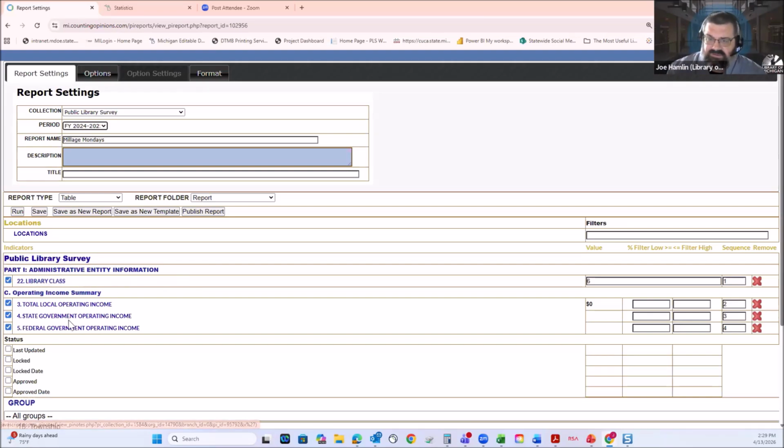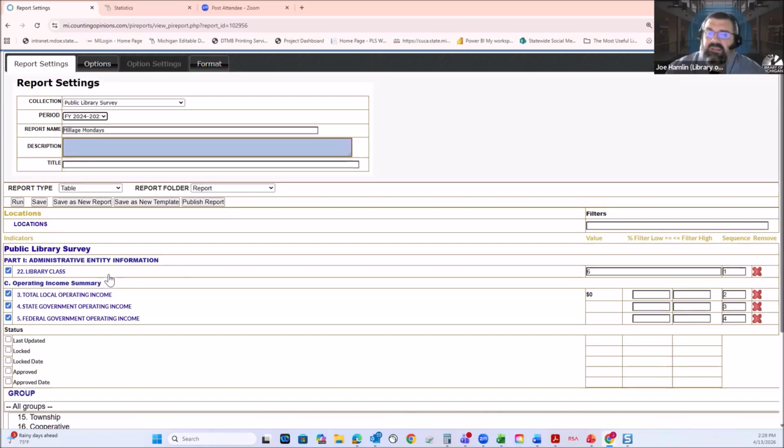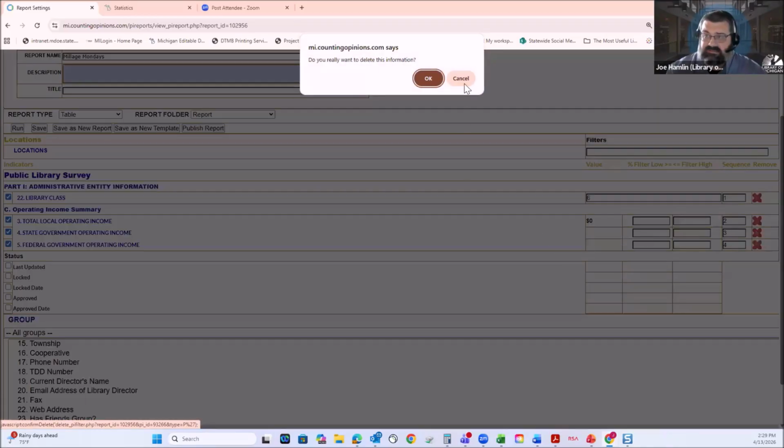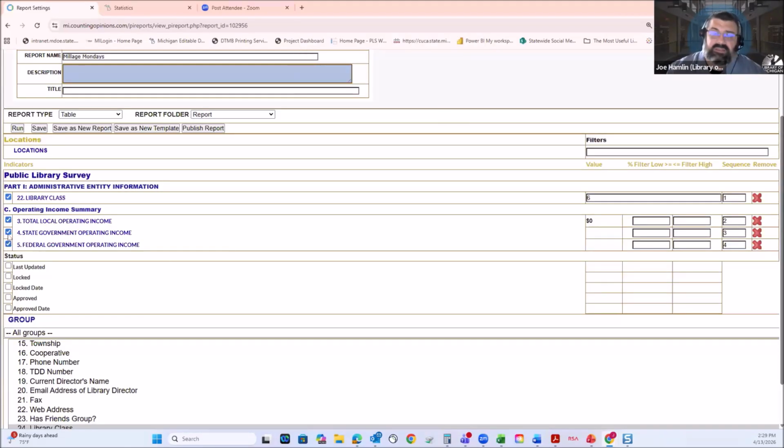And I can show a trend report. A couple of the other functions that we have here. When these are checked, it's going to show every element that's checked. If you don't want it on your report at all, you can go over here with the red X and delete it. Or if you might use it later, you can just uncheck what you're not looking for. And I'm just going to grab